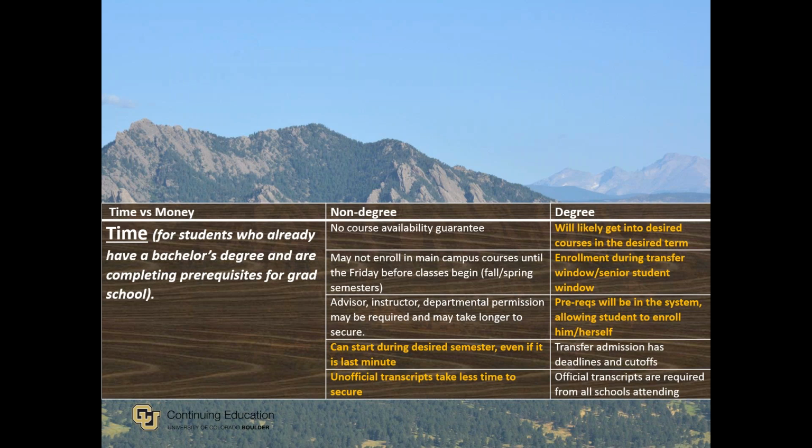As you can see from the slide, if you're planning to enroll part-time or only in the evening or online classes, or if you want to ease back into school or just take one class, enrolling as a non-degree student is a great option. If your plan is to be a full-time student enrolling in daytime classes for the fall and spring semesters, applying through the Office of Admissions as a transfer student is likely a better option for you. That's not to say that non-degree students can't enroll full-time. They certainly can. There just may be some additional obstacles in the enrollment process.